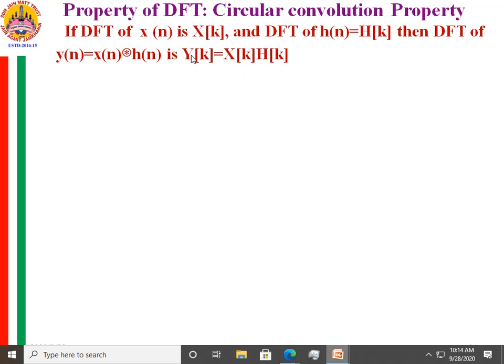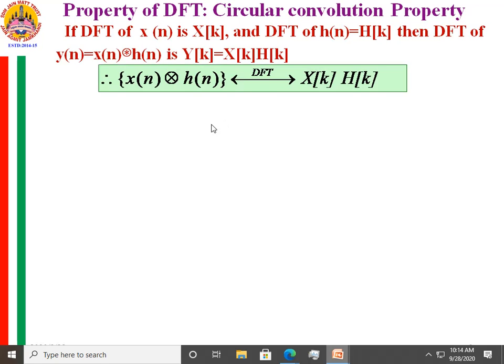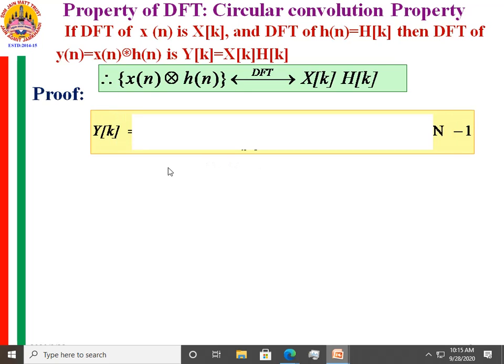Now to prove this property of circular convolution for DFT, x of n circularly convolved with h of n. This symbol I did not write here in this mathematical equation, so that should be written like this only. Its DFT is X of k into H of k. This is what the property is. Now to prove this,